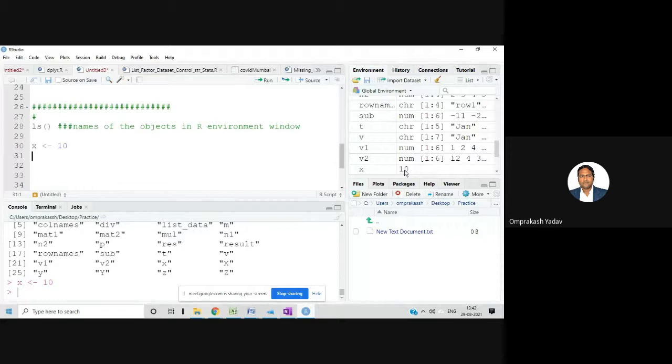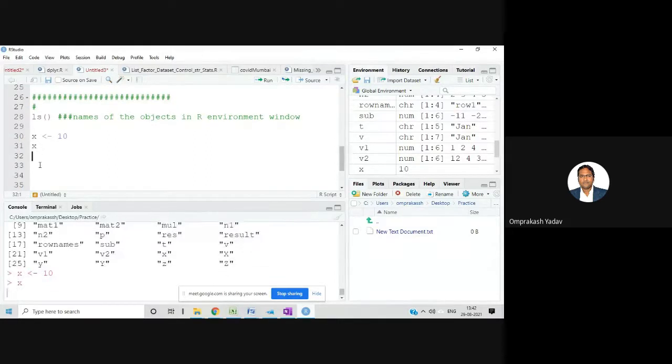So X I've created just now, and inside that I put the value 10. To execute, I press control enter when my cursor is on that line. So that X variable is created. Now again control enter to see the content of this X variable. So 10 is shown over here.